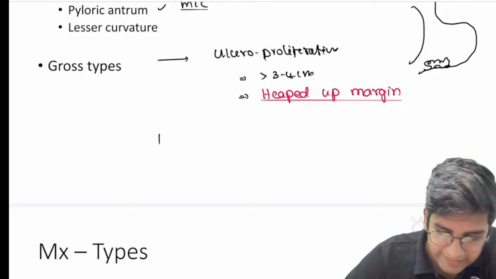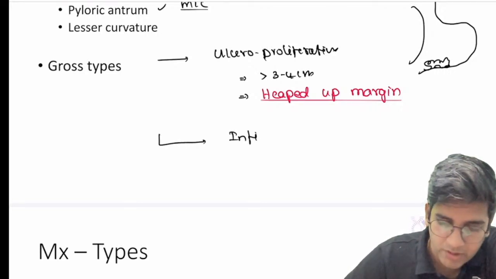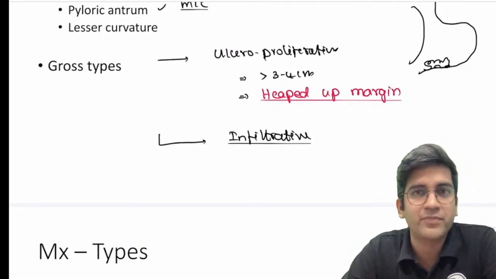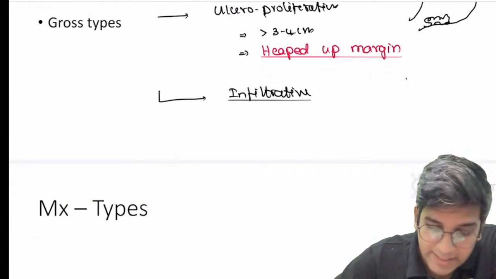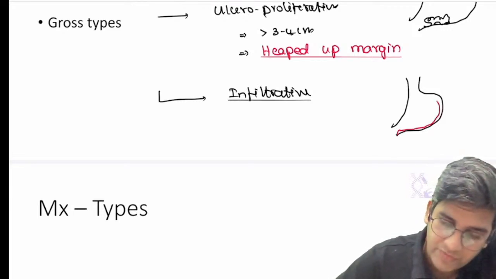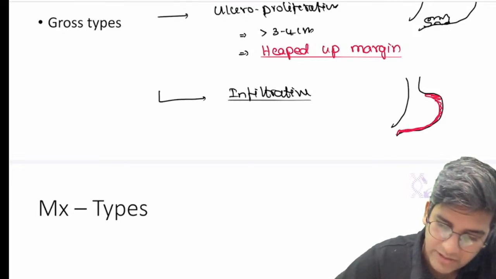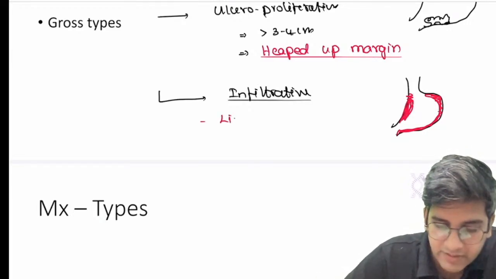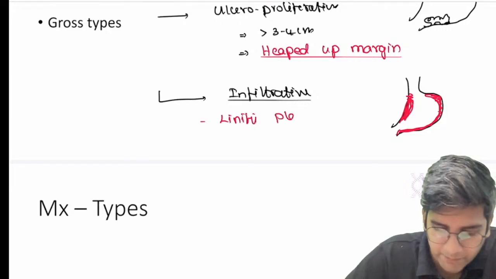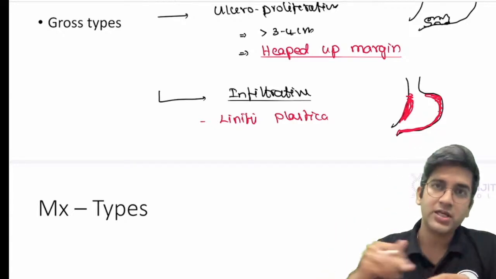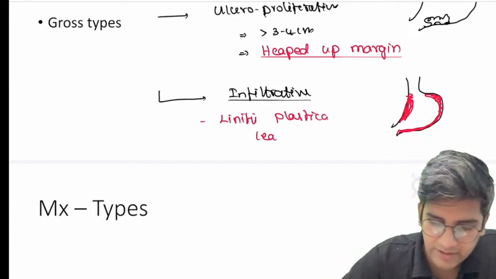At the same time, the second type here is ulceroinfiltrative. For the infiltrative subtype, what's the gross term? I'm sure you guys know that. We call it linitis plastica. There, draw a very thick walled stomach. If you can draw good diagrams, that will be great, or just a representative diagram. The entire stomach wall has become thicker, a leather bottle appearance, or linitis plastica. This is due to underlying desmoplasia and infiltration of the tumor cells across the entire wall of the stomach, right? Or a leather bottle appearance.